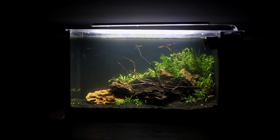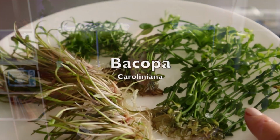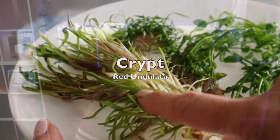The number one tip I would say is, well, buy less and actually spread out the plants. The plants that I used came from PetSmart and Petco, and in each container, these are tissue cultures, so you're going to be getting them smaller, but they come with multiple plants. So instead of, say, using, I believe I used 6 Bacopa because it was 2 containers, and each container had at least 3 plants, instead of mass planting them where they look really pretty darn good at the start,